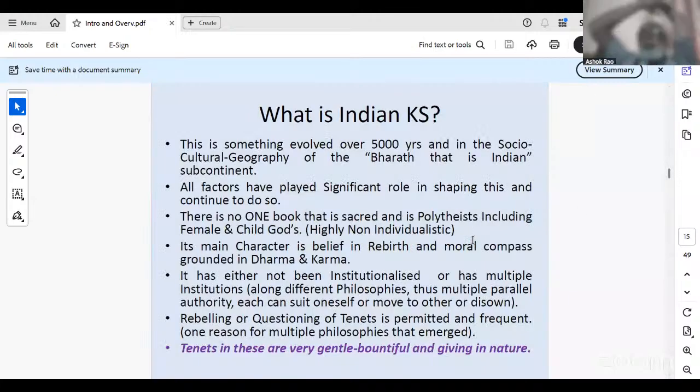So what is Indian knowledge system? This is something that evolved over 5,000 years. So compared to other knowledge systems, we are time tested better. 5,000 years, almost double of others. Here also all factors have played significant role. However,